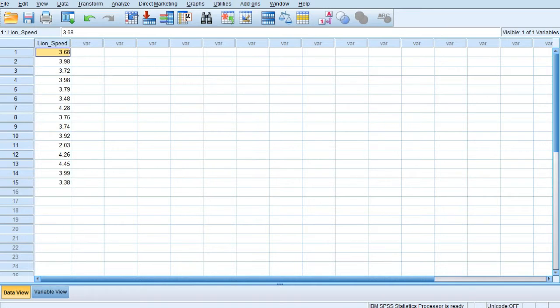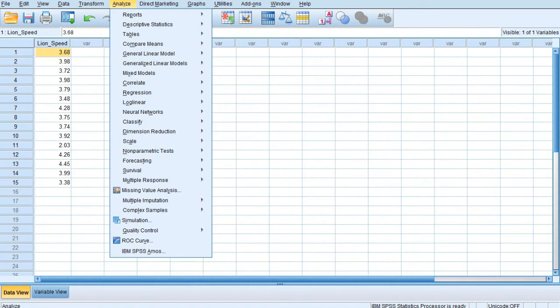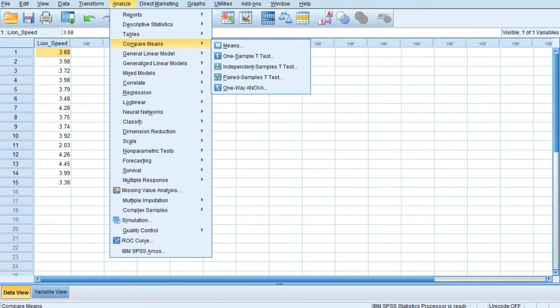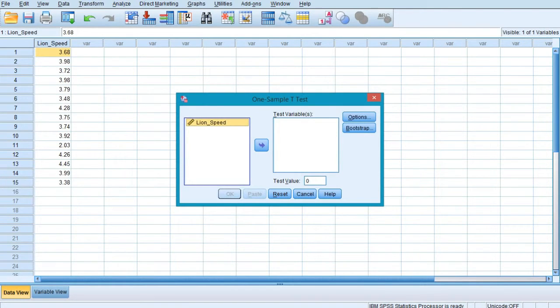Now in order to apply a one sample t-test, I would be selecting Analyze. After clicking on Analyze, select Compare Means. In Compare Means, select One-Sample T Test. Once the One-Sample T Test box opens, I would be transferring the lion_speed variable into the box of Test Variable.